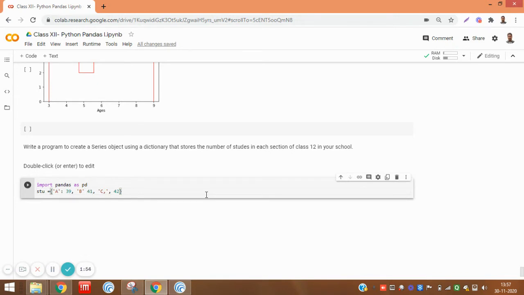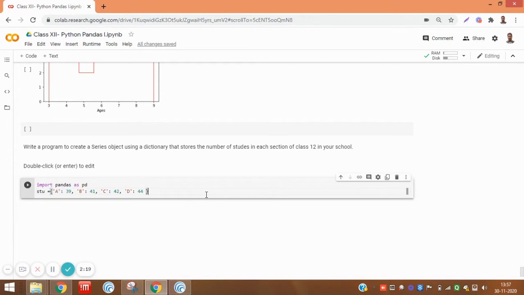Here it is a colon, not a comma. And then next is the D section. For section D, 4 students, and we close the braces.